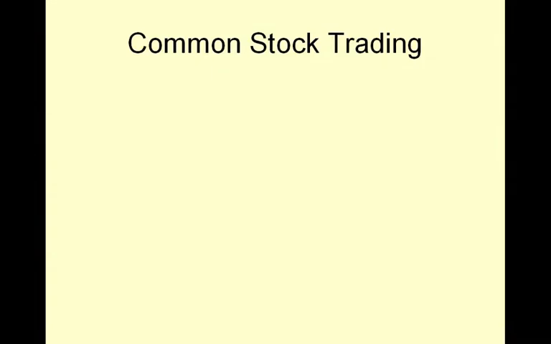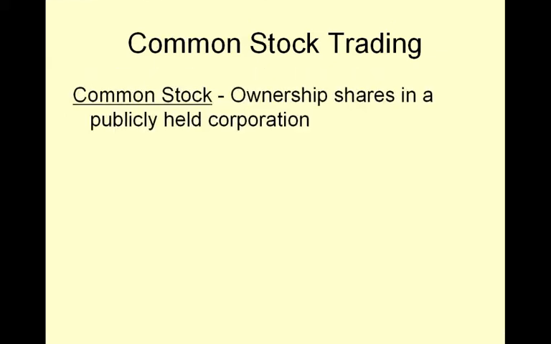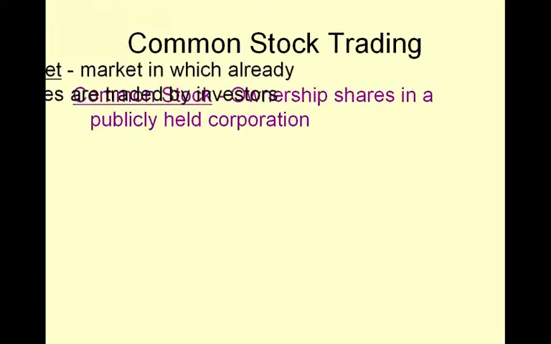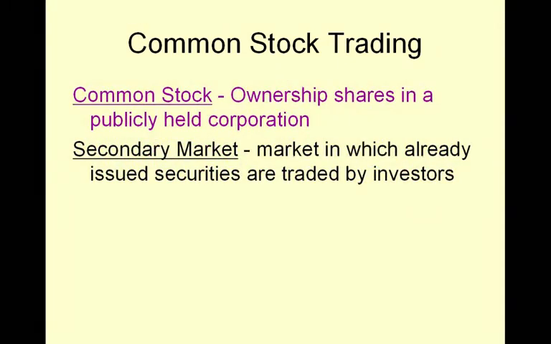Okay, let's move from bonds to stocks. And first, clarify some terminology associated with common stock trading. The first one is common stock, which just represents ownership shares in a publicly traded corporation. Shares are traded in secondary markets, or markets in which already issued securities are traded among investors. Secondary markets are distinguished from primary markets, where bonds that are initially issued are sold. So when, let's say,